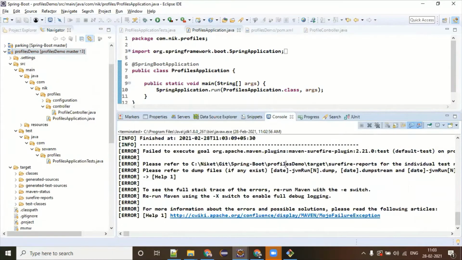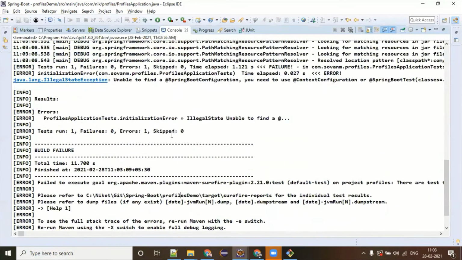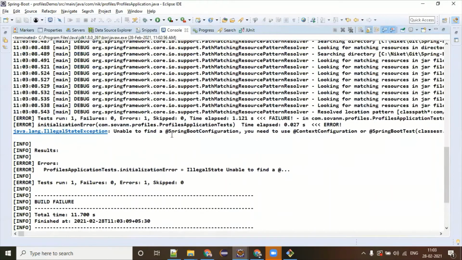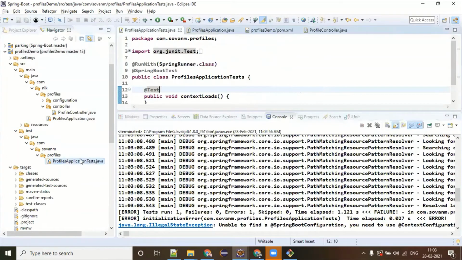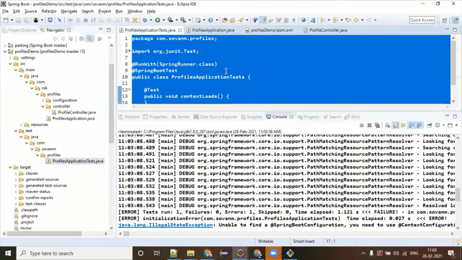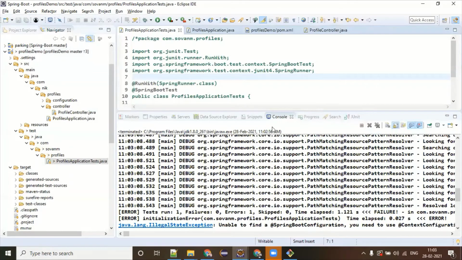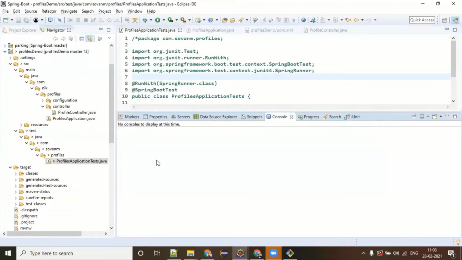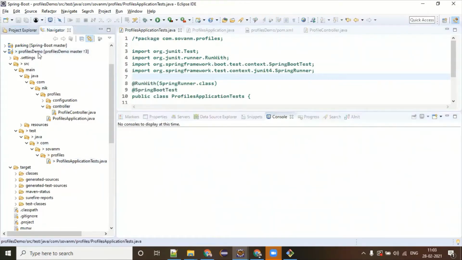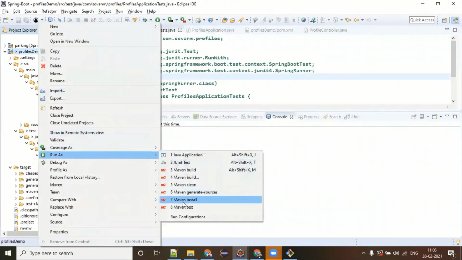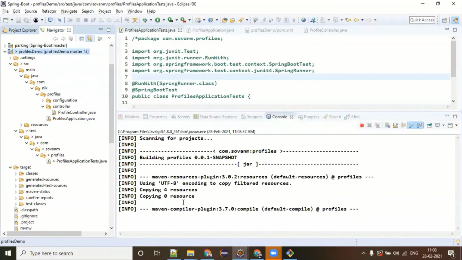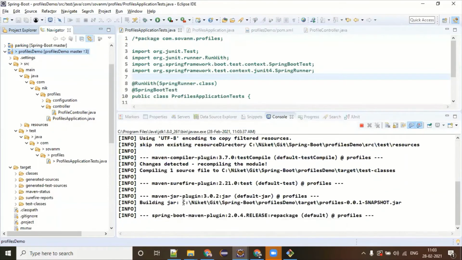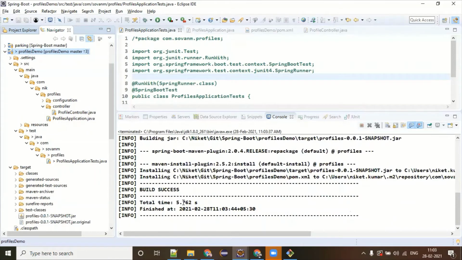There is some problem, and this problem is saying it is having a problem while running your test cases. Yay, we got it.